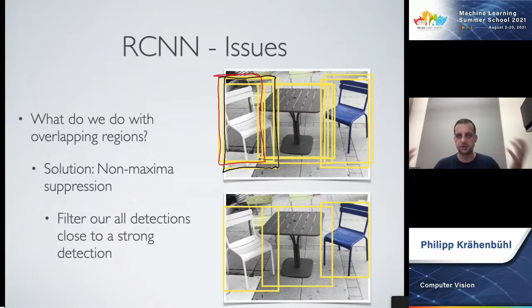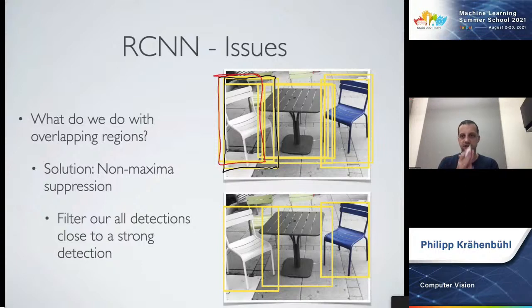Are you going to now produce two outputs? And again, this is actually a fairly difficult problem. Now, one solution to this is to just say, well, I'm just going to let the classifier decide which region it likes best, and then I'm going to suppress all other regions. And this is known as non-maximum suppression. And this is how it's solved for